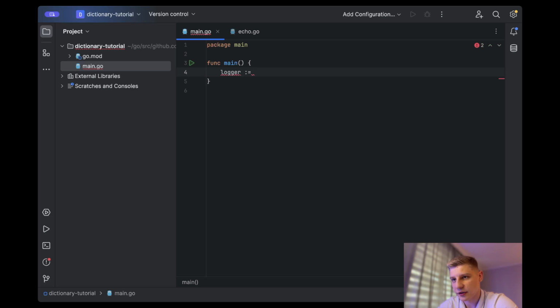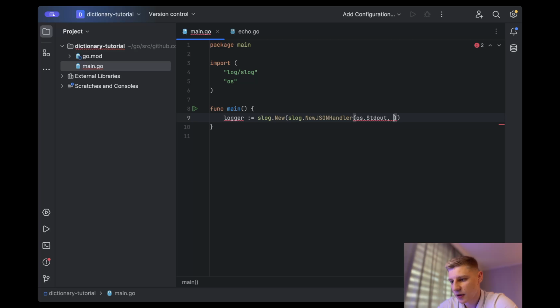Let's go ahead and create it. slog.New, and here we specify that we want to have our logs in JSON format, NewJSONHandler, and we need to specify the output here, and we don't want any other options, so we specify nil. Then we create this echo